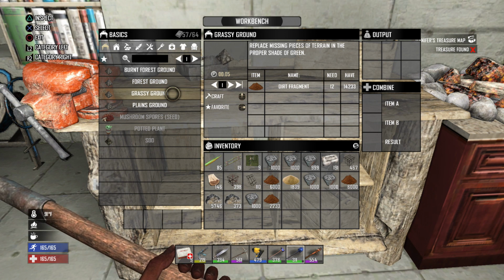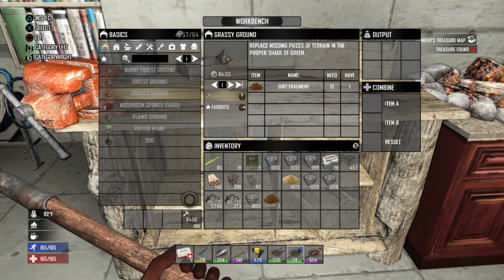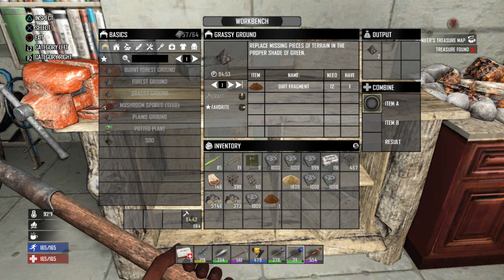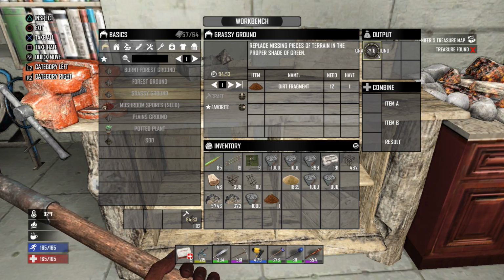You know what? I want grassy ground. That's the really green one. The forest ground is the light green stuff. I like this one much better. But there we go. So an hour and a half. I'll probably forget about it and I'll come back to a whole load of like 1,200 ground blocks. That's awesome. So if we do need to do any flat filling for the horde base, we'll definitely have enough